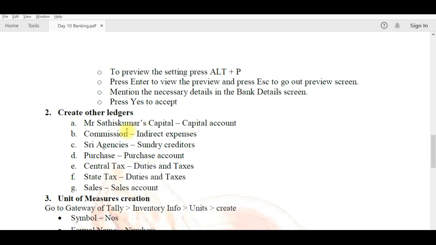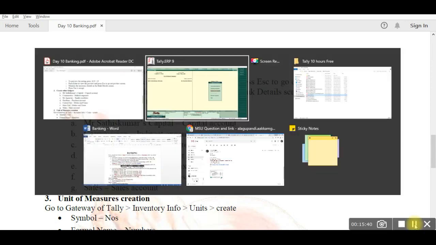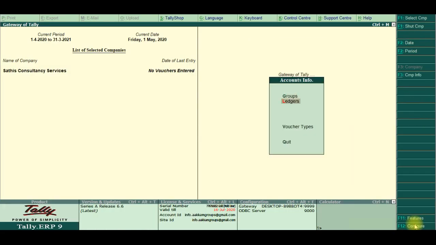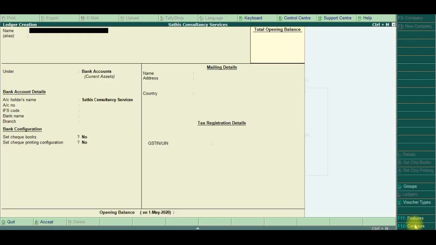Satish Kumar Capital, Commission, Sri Agencies, Purchase, Sales, Central Tax and State Tax. Only the GST involves within the state, so the tax ledgers that appear are only Central Tax and State Tax. So easily we created the ledgers. So we move to Tally to create ledgers. First we create this Satish